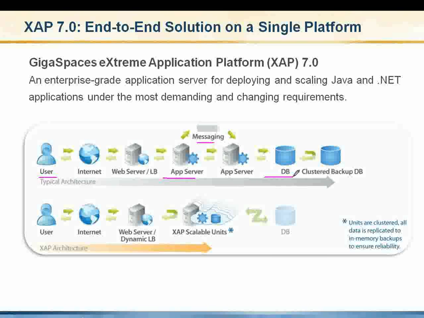With GigaSpaces XAP, we try to do it a little differently. Requests will come into the system using some sort of load balancer, but then it would be balanced across many scalable processing units. The processing units are a condensed or collapsed version of the tiers in the traditional approach, whereas the data, the processing, the business logic, and the messaging are all co-located on the same JVM. Then we take this JVM, the processing unit, and replicate it to scale the application, and the load balancer simply distributes the load across those processing units. Naturally, we also support high availability of the session, dynamic scalability of the application if needed,